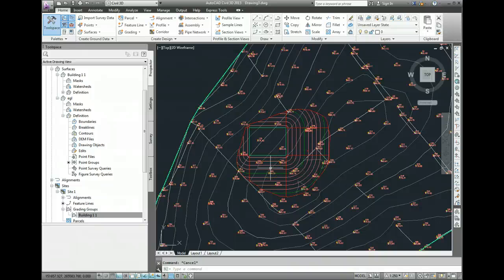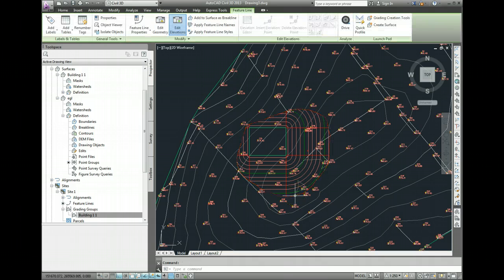Alright, so this video is the continuation of creating a footprint for a building and grading the ground around that. So far all we've done is create a rectangular footprint of a building, and we have shown where the cut line will go to. If we select this surface by doing a click on it